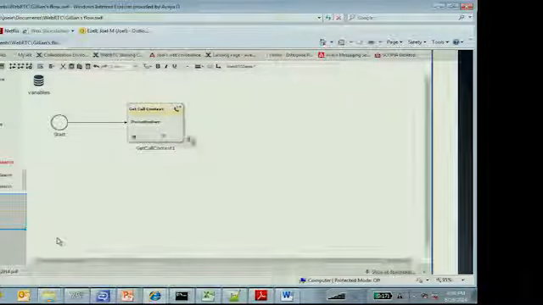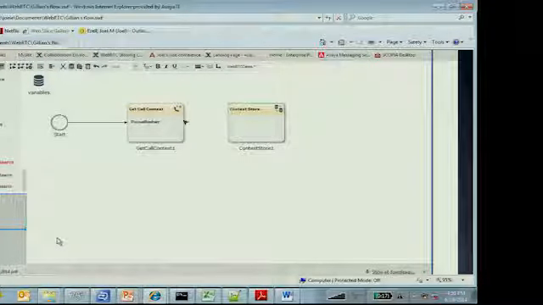Now, I'm not going to show you all the mappings of the different task types that follow because it's all the same sort of thing, and I only had a few minutes, as you know. But